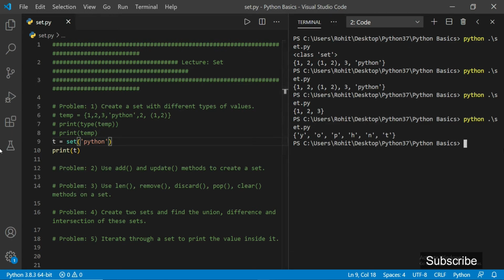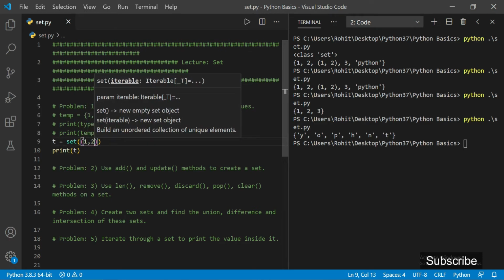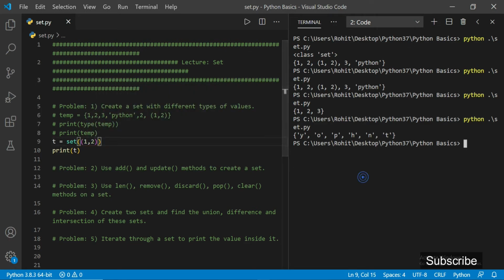Therefore the elements that we store in a set are in random order, and therefore we cannot get the values of a set using indexing. We will get an error if we try to get an element using indexing. Okay. We can also provide a tuple here, and we will get 1 2 as value. So like this we can create a set.